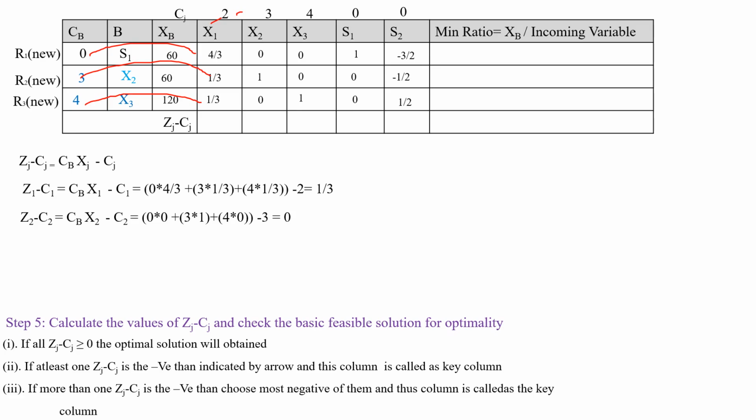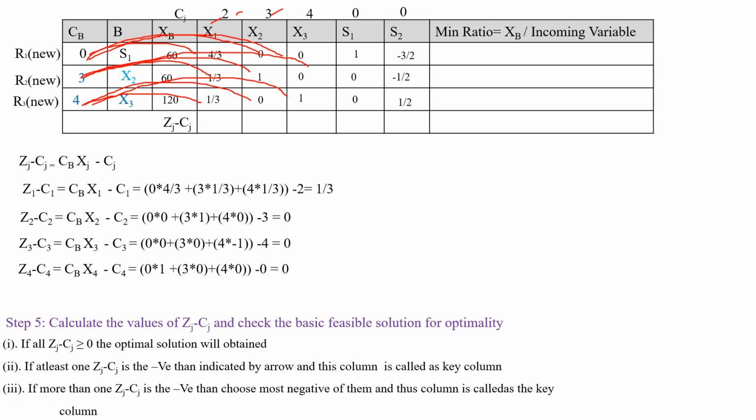Next, the second variable, x2: 0 into 0 plus 3 into 1 plus 4 into 0 minus 3. Its value is 0. And next the third variable, x3: 0 into 0 plus 3 into 0 plus 4 into 1 minus 1. The value is 0. And for the next variable s1, zj minus cj value is 0 into 1 plus 3 into 0 plus 4 into 0 minus 0. It is 0. And the last element, the fifth, for the s2 variable,